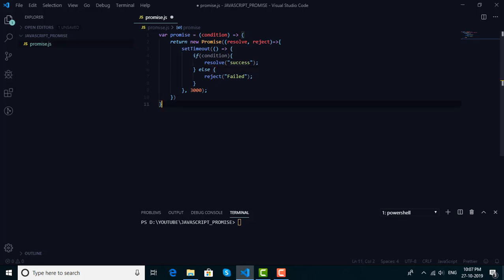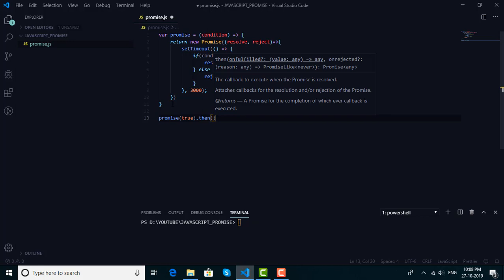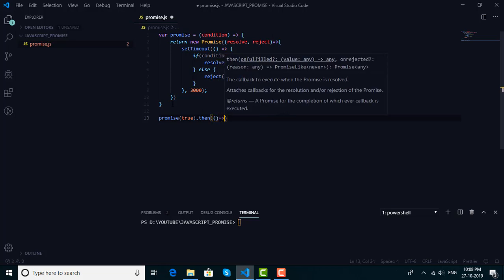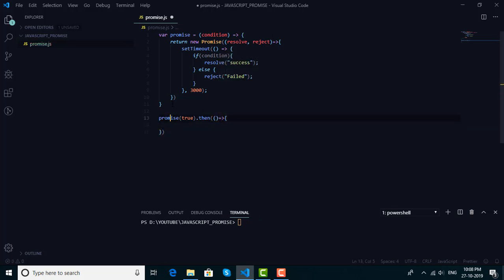So this is a basic promise, and let's call this promise function and see what is going to happen. So promise, and pass here true, and then .then. This then will execute after the promise is finished. This then also accepts a function, which will be an arrow function, and it accepts an argument, value,